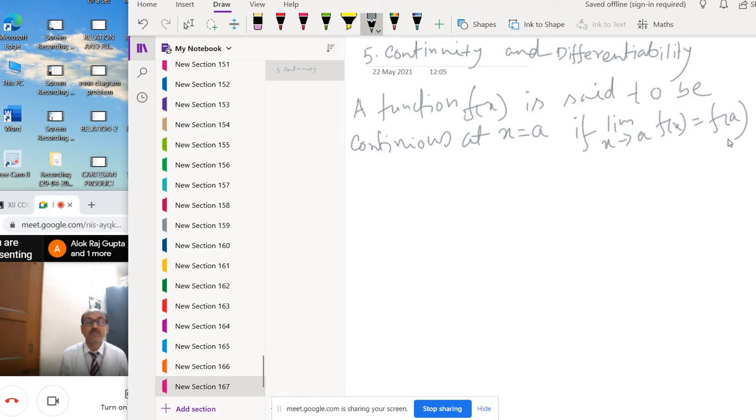If these two are the same, the limiting value at that point x tends to a of the function f(x) equals f(a),